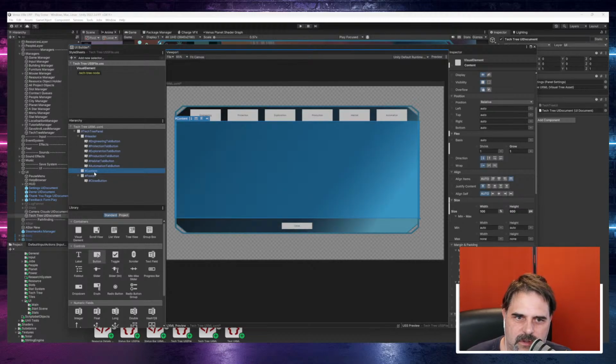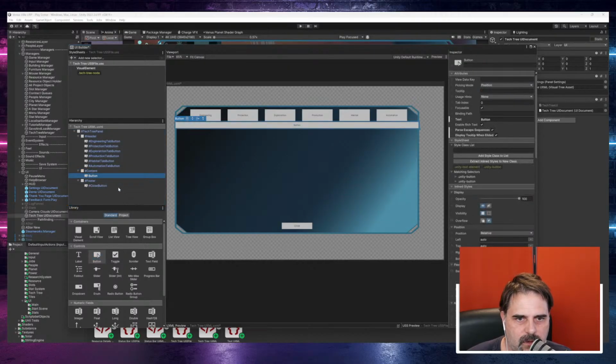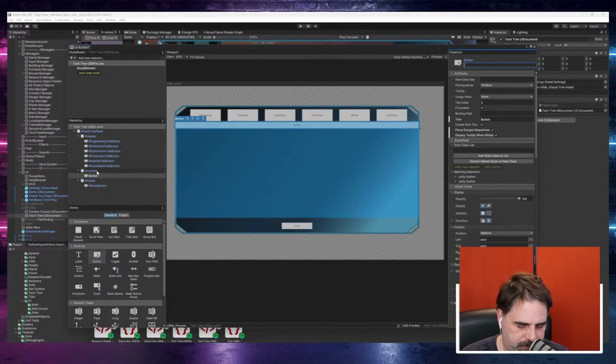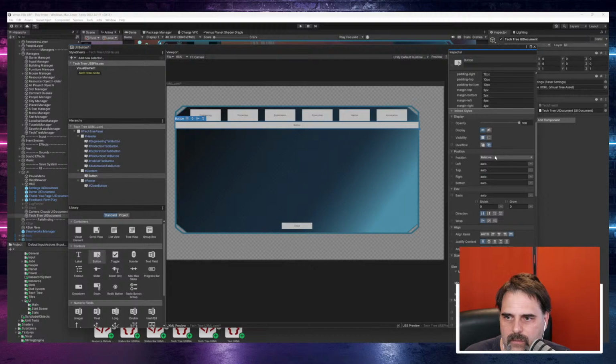And that one also will need buttons. And these will be... I have to position them probably relatively or absolutely instead of